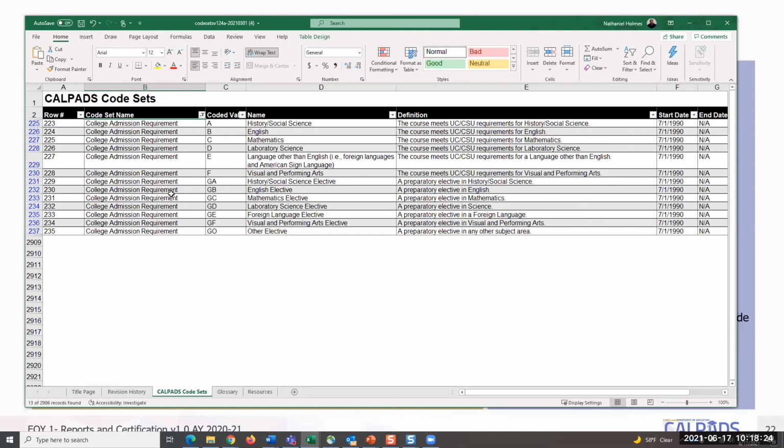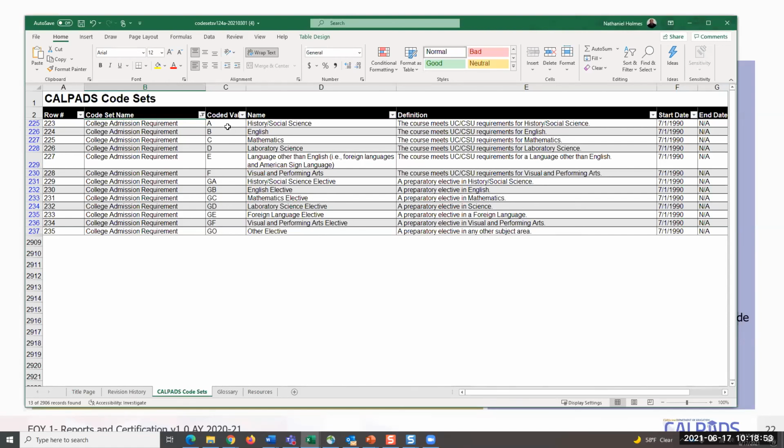So here are our college admission requirement codes used for the UC-CSU field, but you can see you're mapping those. When you say A through G requirements, these are determined by the university system that we have. And if those courses have the curriculum that prepares the student for what they're going to take in college, you would map that, and then you would see that the student meets this, right?